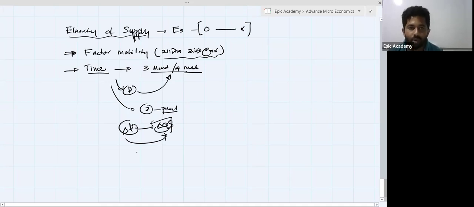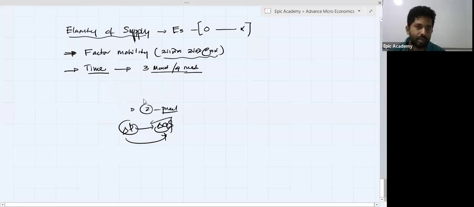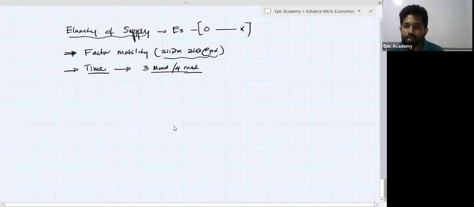Time is also one of the major factors we have to concern. Production time, okay? Not a change time. Production time period is one of the major factors by which we can change the quantity of supply according to change in the price. I mean elasticity of supply. Okay, one of the determinants. Sometimes it can be changed.